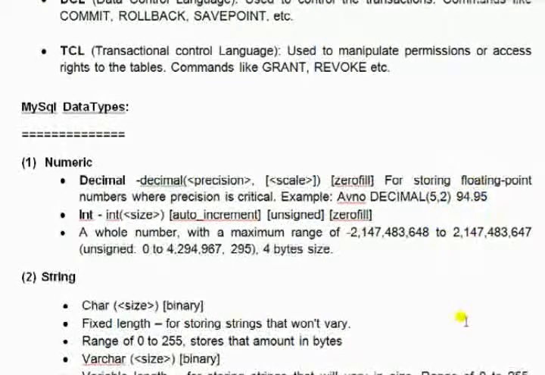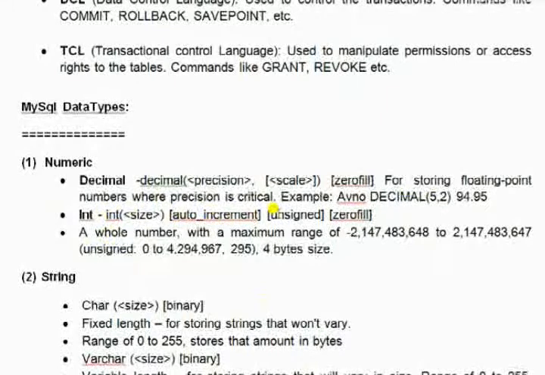And comma 2 means 2 decimal digits. 5 comma 2 means 2 plus 2 is 4, plus 1 is 5, and 2 decimal values, that is this 95. So this is the example of decimal.